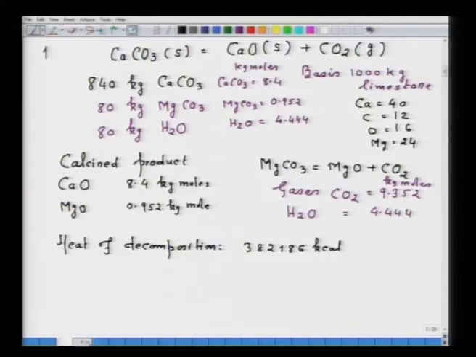Now, then I have to find out the sensible heat in products and gases. That is all I have to find out, and if I sum all this total, that is the energy I require if I want to decompose calcium carbonate. So,